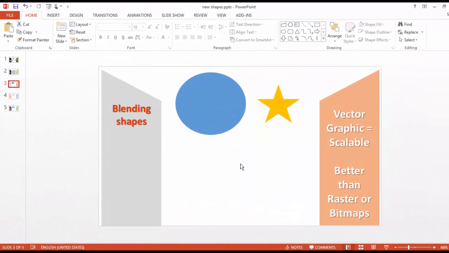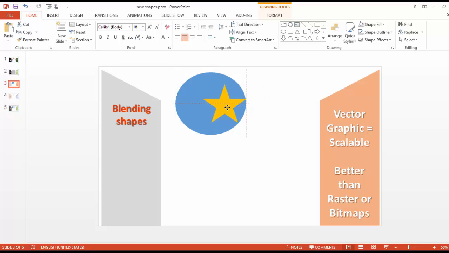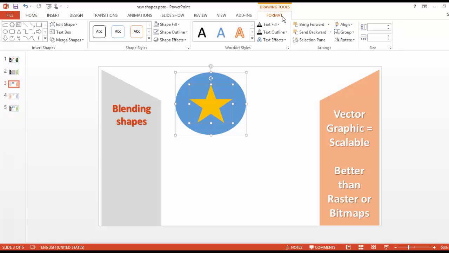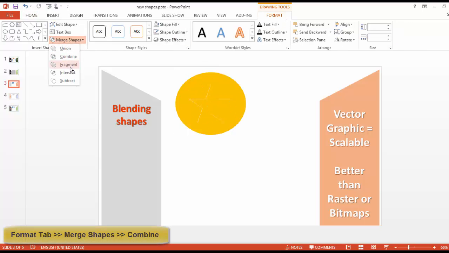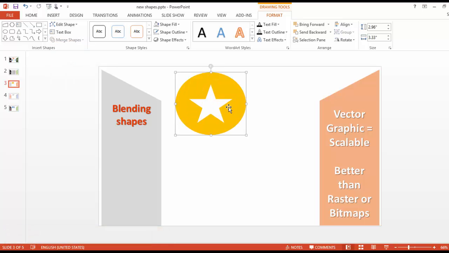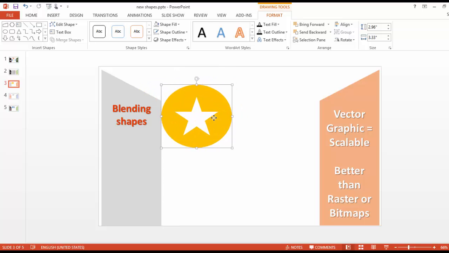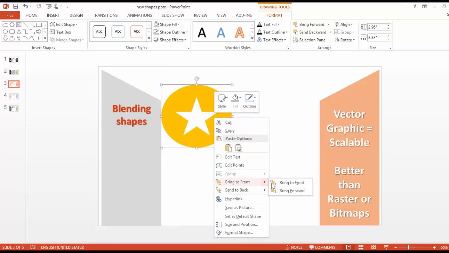So now that we know the difference between a bitmap and a vector image, here I'm going to show you how to blend some shapes. I have a circle and a star, so I'm going to move the star over to this circle. I'm going to select both of these, and I'm going to go to the Format tab. And you have a whole bunch of different options here. In this particular case, I'm going to use Combine, because that's going to give me the desired effect that I'm looking for, which is to create a star cutout. Let's move this to the front here,